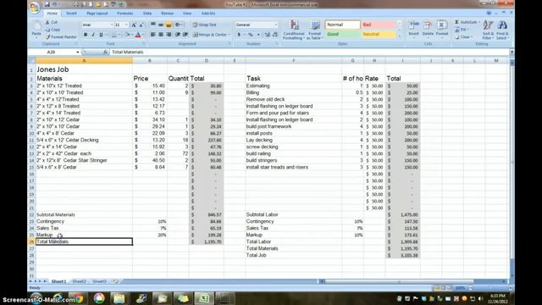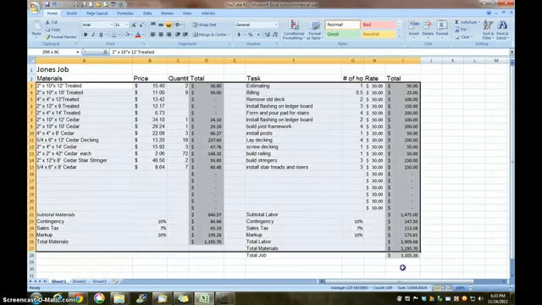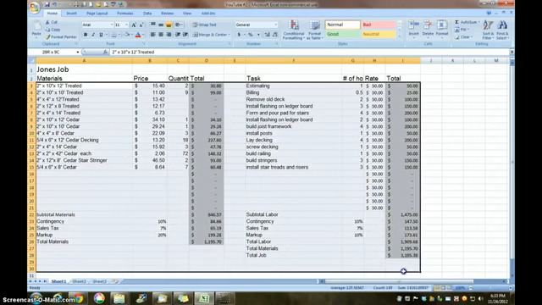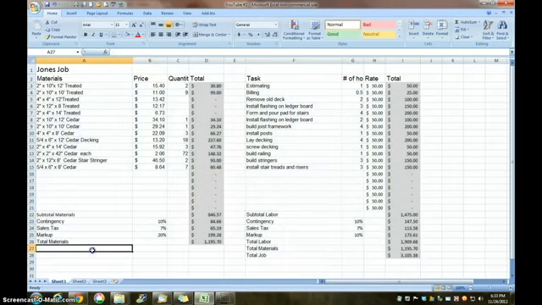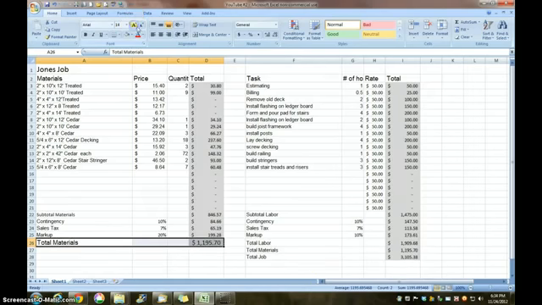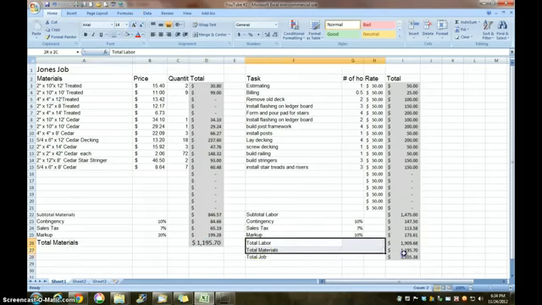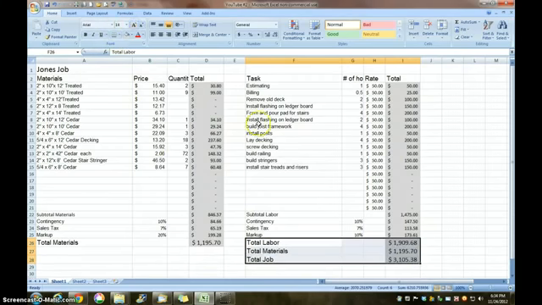Now our total, let's make everything, our font 11. And then materials, total materials, let's make that slightly larger. And I'm going to make the total job